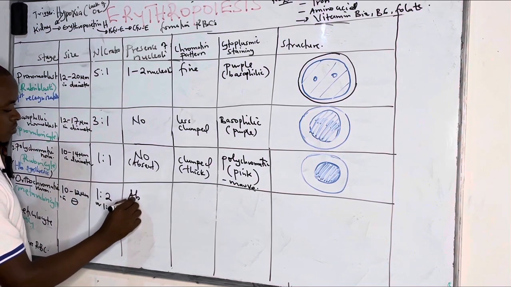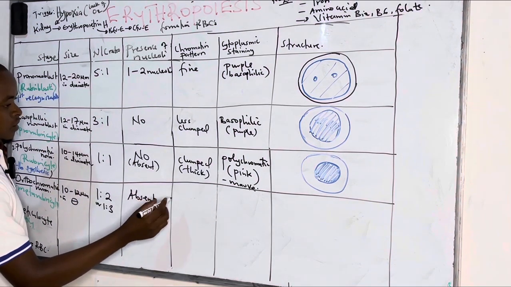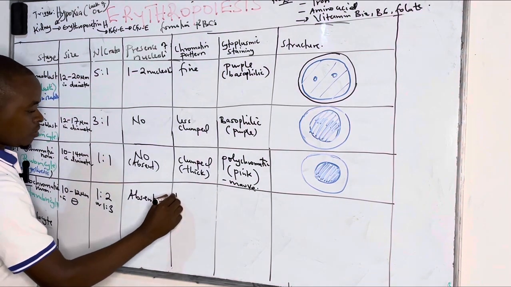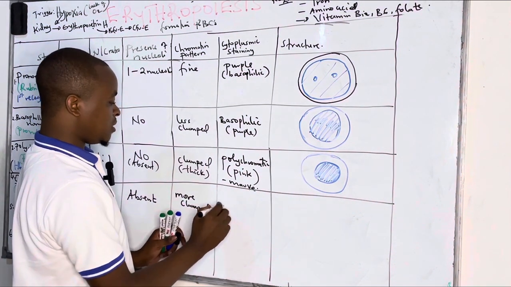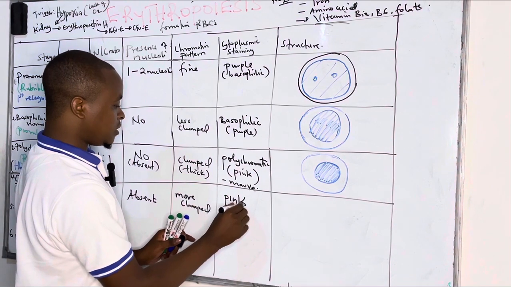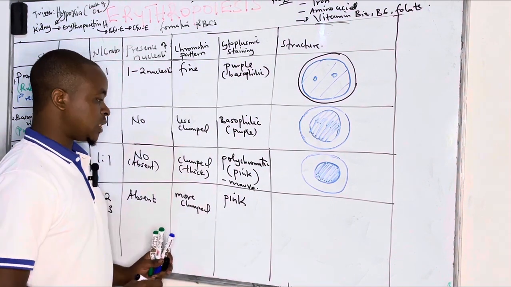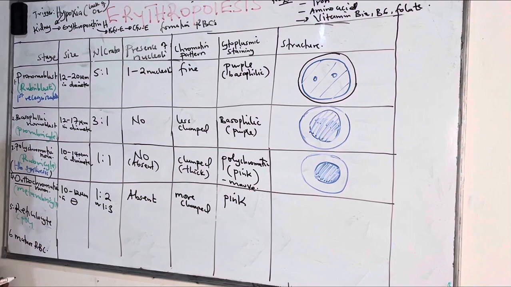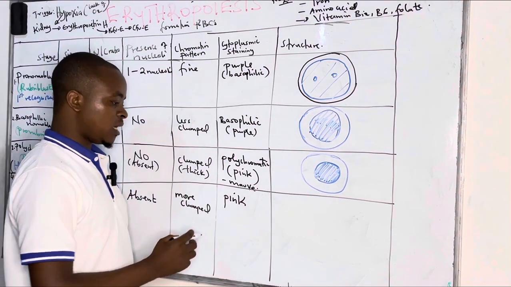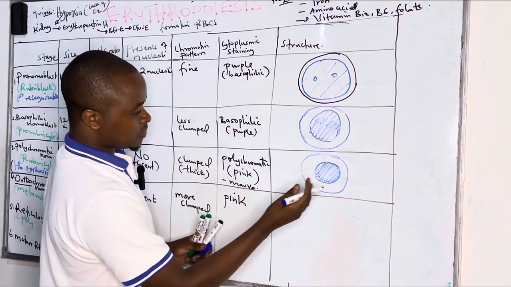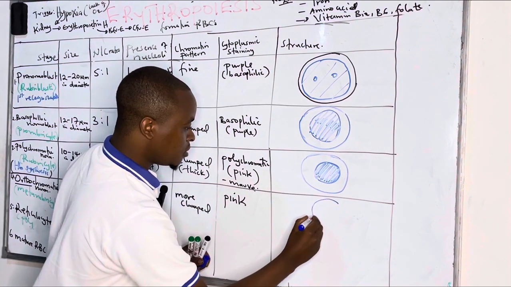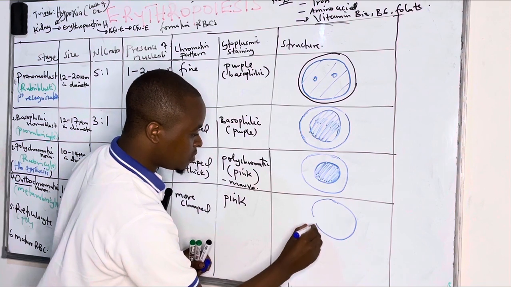Here the nucleoli is absent. Here it is more clumped. The chromatin pattern becomes more dense or more clumped. Then the staining of this cell is pink due to presence of hemoglobin. As we saw that hemoglobin began to be formed at the polychromatic stage, so it is staining pink. And if we can draw this cell, it has become smaller. So it is smaller compared to the upper one,